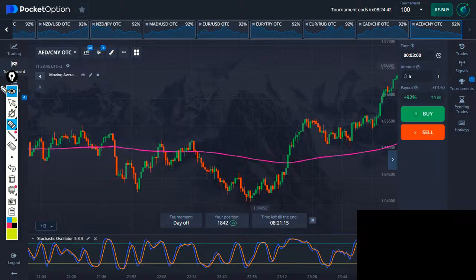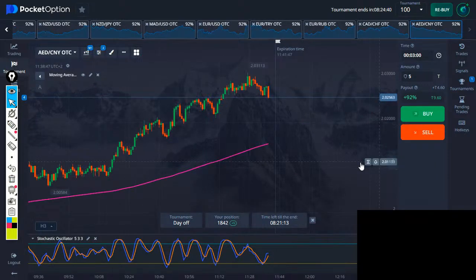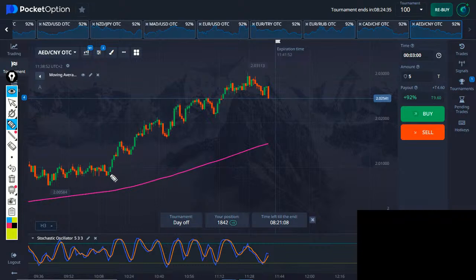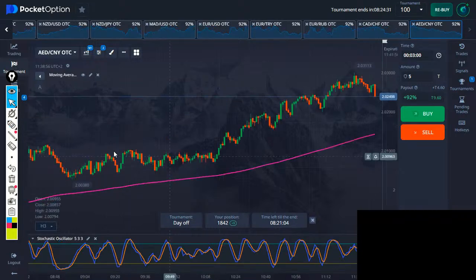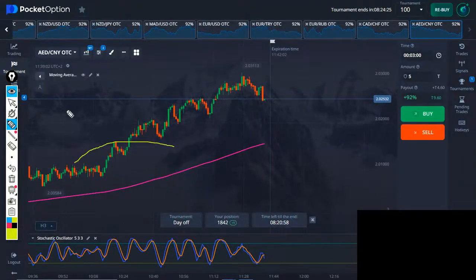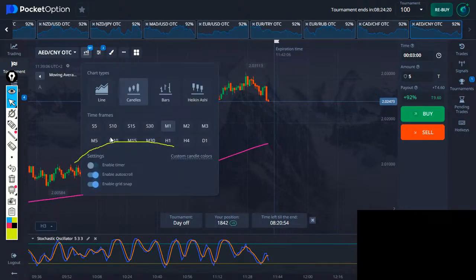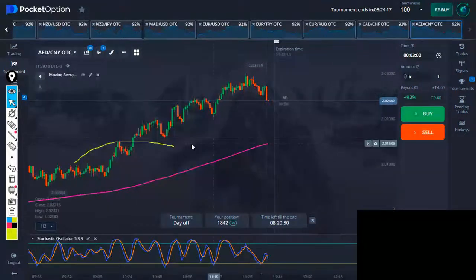The second confirmation you need is a clear trend. So even though the price might be moving above the moving average, it might be in a consolidation situation, like in this case. I forgot to remove this in auto scroll thing. Let's enable the timer, remove auto scroll. Okay,